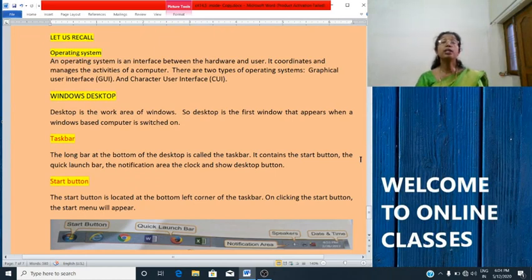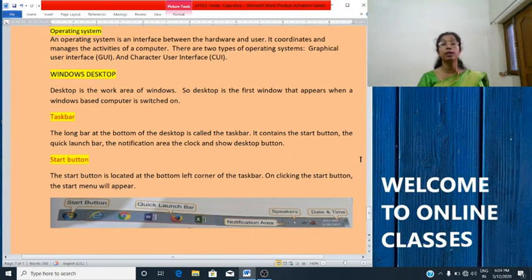Then we studied about the Windows desktop. Desktop is the work area of Windows. So, desktop is the first window that appears when a Windows-based computer is switched on. Then we studied about taskbar. The long bar at the bottom of the desktop is called a taskbar.